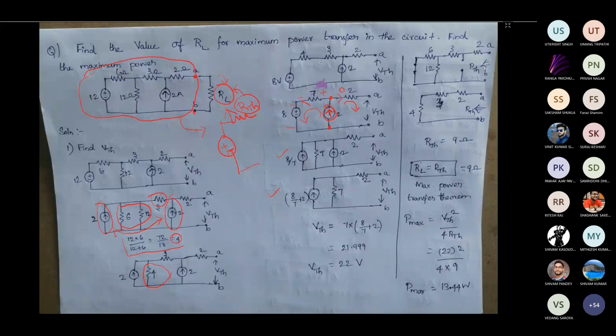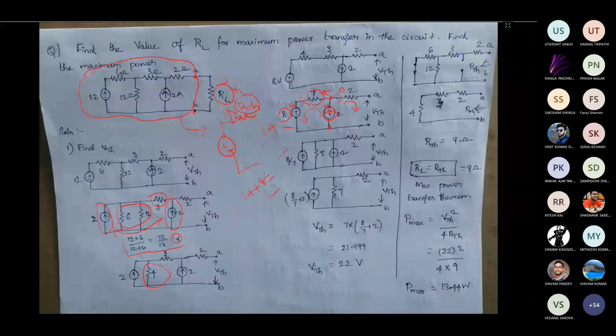okay, what is the voltage here? Voltage here will be 14, because 2 ampere current is entering the 7 ohm resistor. So if you write KVL, both will come as voltage drop. Because the current is entering the positive polarity, you will get 14 volt across this 7 ohm resistor, and this is already 8 volt. So 14 plus 8 is nothing but 22 volt. So this is the voltage across the current source.